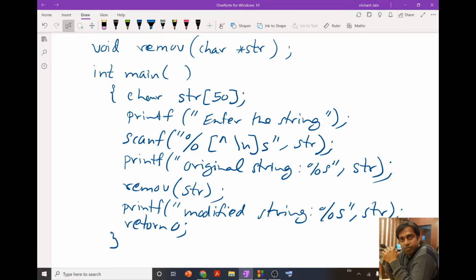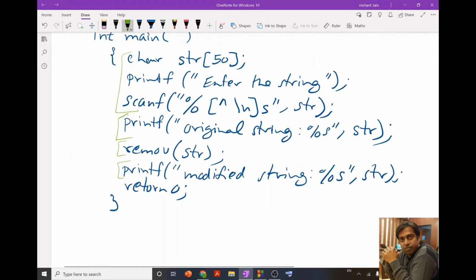So in the main program we simply ask the user to enter the string, then we print the original string, then we modify, meaning remove the leading spaces, then we print the modified string in which we have removed the leading spaces. So this is our main program.